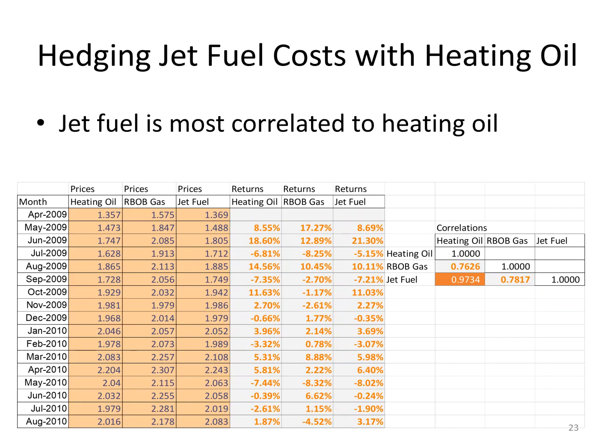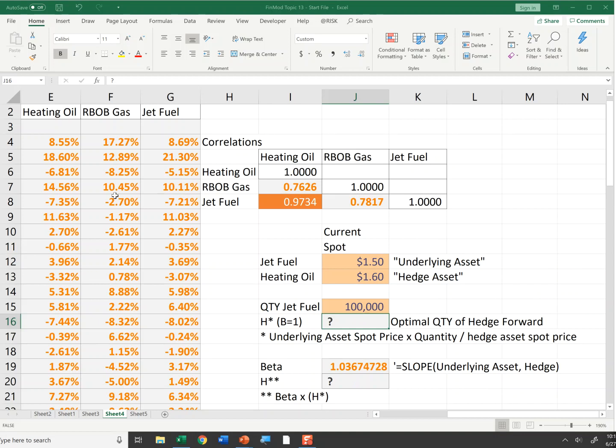So I got some data here. I have heating oil percent changes in price, gasoline, and jet fuel. And I did a correlation matrix, and I found that heating oil is very highly correlated to jet fuel, 97%. So they tend to move together. So if Southwest is trying to determine which asset is most correlated, they determine that jet fuel is most correlated to heating oil. So what Southwest is going to do is enter into a contract to buy